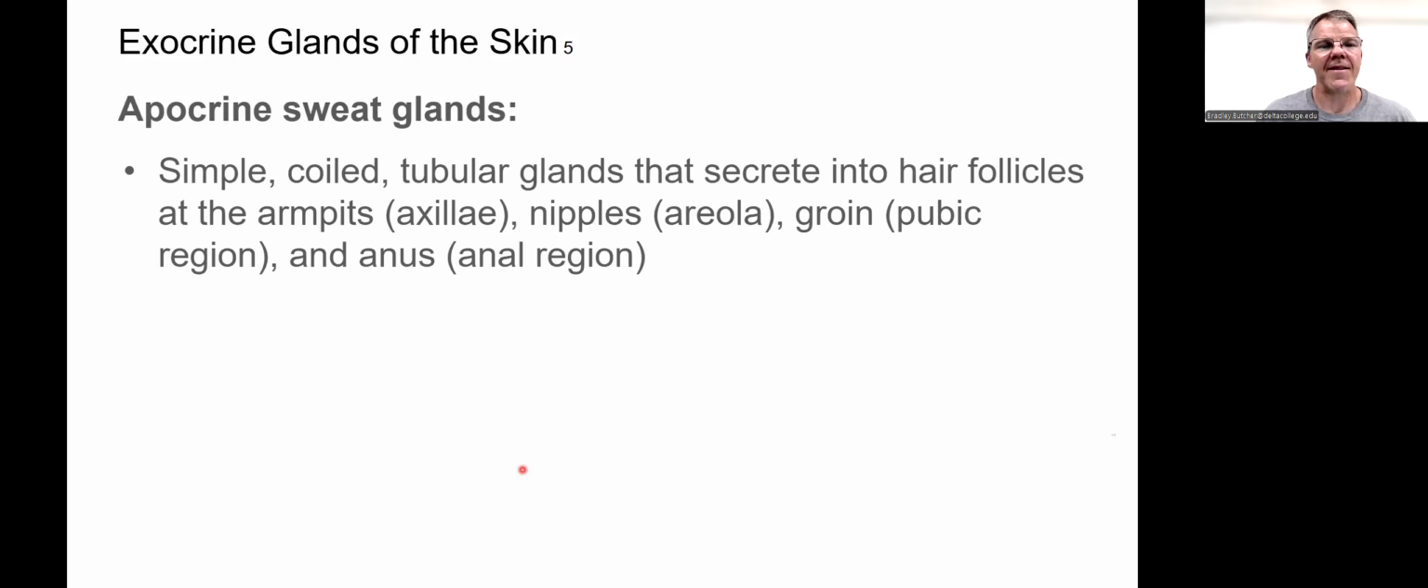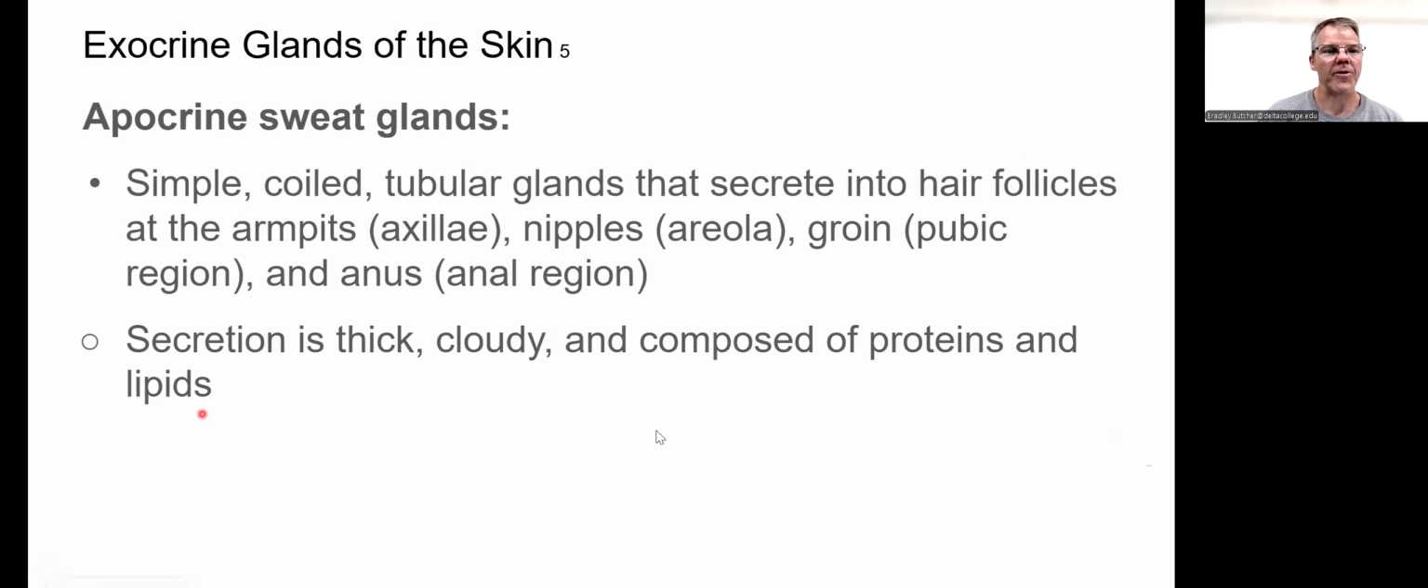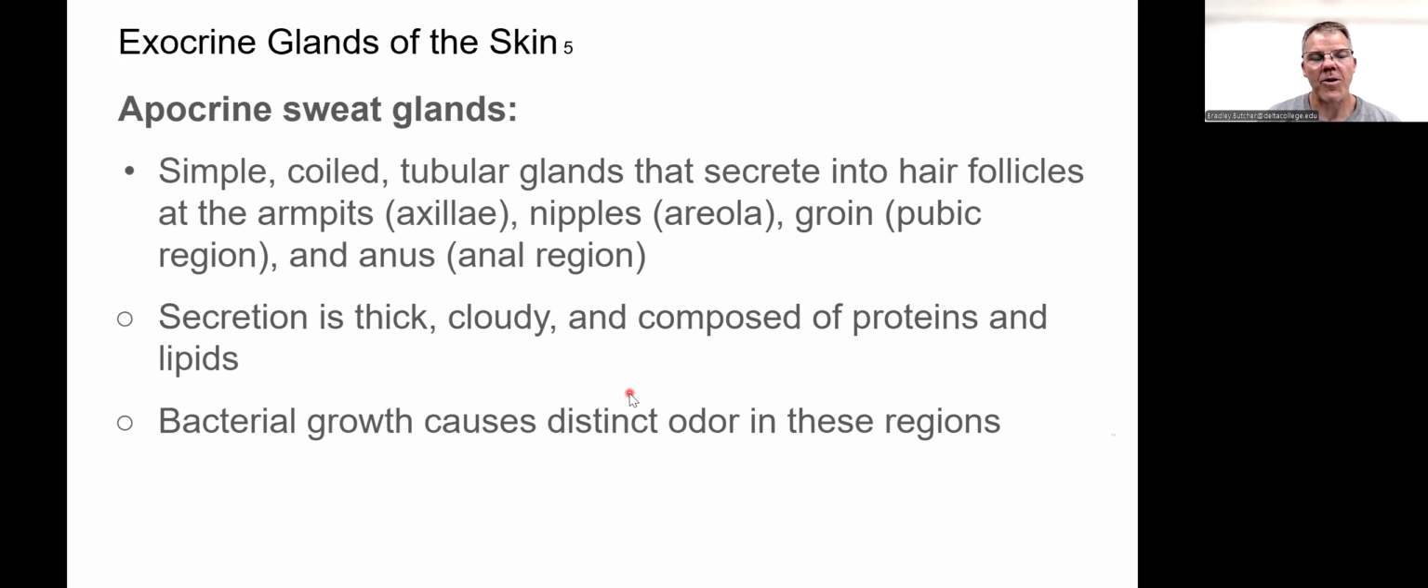The apocrine sweat glands, these are, again, simple coiled tubular glands. They secrete in the hair follicles, particularly in the armpits, the nipples, the groin, the anus region. The secretion is thick, cloudy, and composed of proteins and lipids. Lipids is, again, a word for fats or oils. Bacterial growth within these causes the distinct odor in these regions. So when we think about body odor, it's typically coming from these apocrine glands, and mostly that's due to the bacteria feeding on these proteins and lipids and producing their own